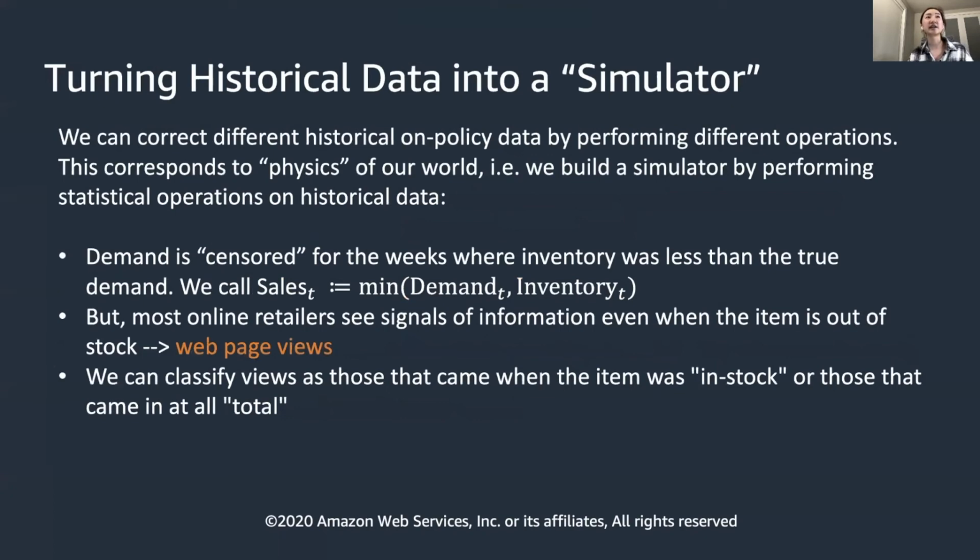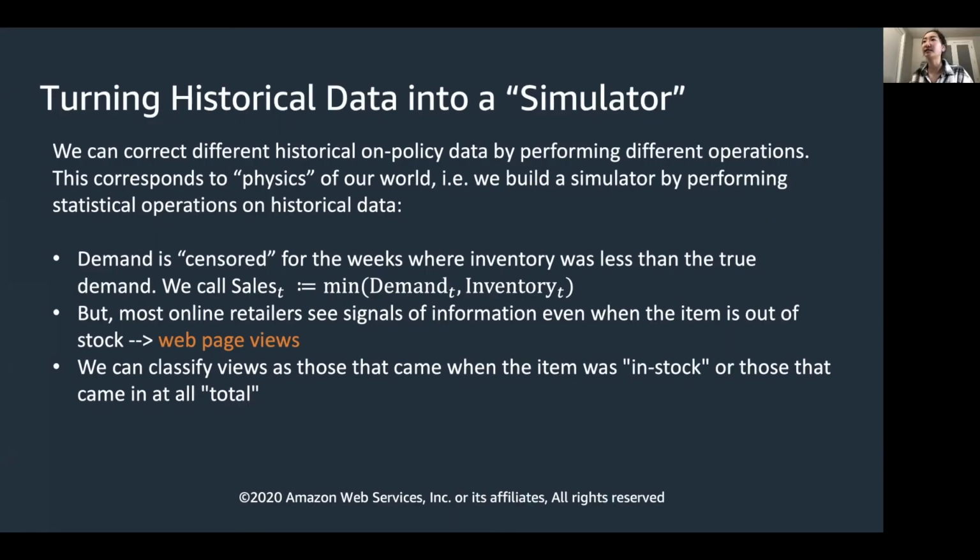So how can we turn historical data into a simulator? The answer is that we can try to correct the historical on-policy data by performing different operations, and that corresponds to the actual physics of the world, meaning that we build a simulator by performing statistical operations on the historical data. An online retailer may see signals of demand other than sales